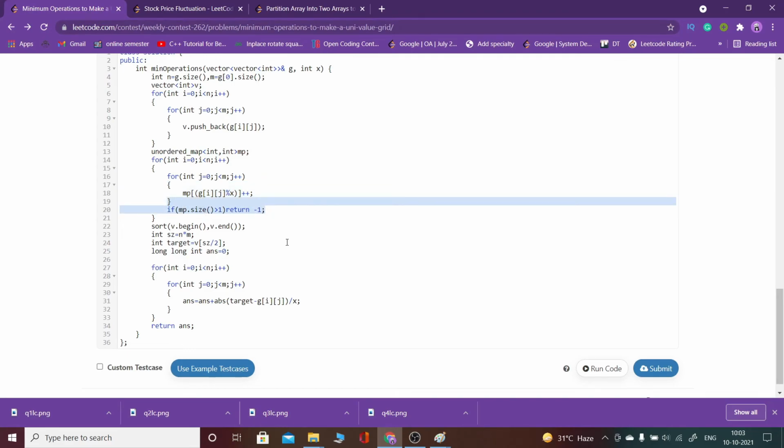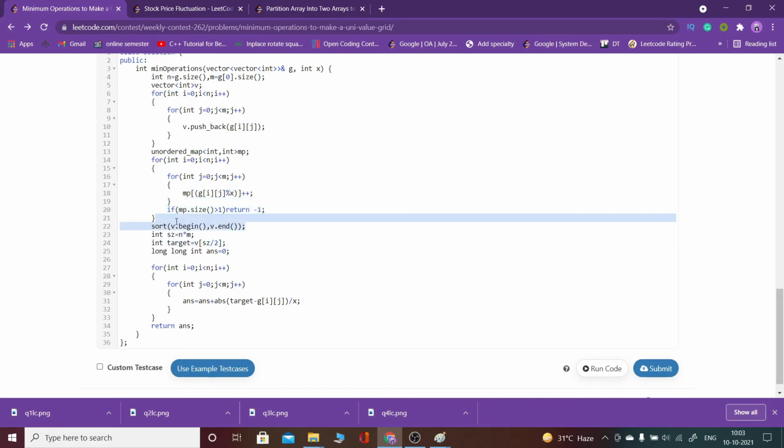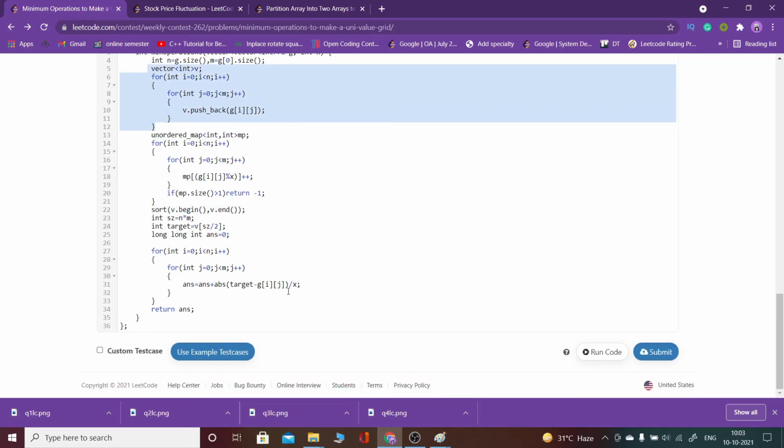Here itself I have written -1, and then, as I told in the approach, we sort the vector that we took from the matrix, and then I took the median element and calculated the answer. The number of operations for a single element to convert it to the single value is target minus g of i, j.